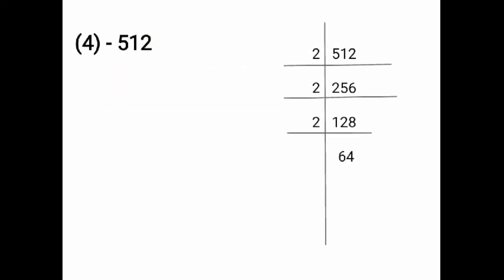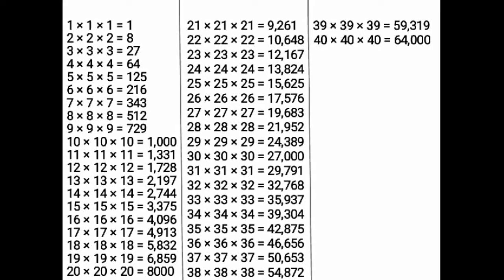Remember, you have to divide the same number up to 3 times, because you have to write the cube form of the index, and finally you have to put the cube root symbol. That's why you have to take the same number division 3 times. Now for number 64, you have to take the other number. Look at the table of cubes of the numbers. Number 64 is here. Cube of 4 is 64. That means you have to take the 4 table. You have to divide 64 by 4.